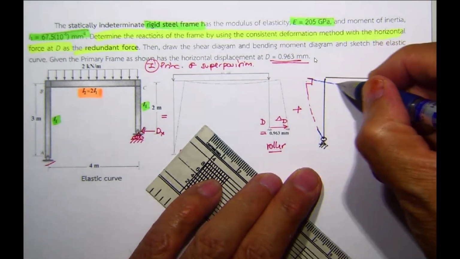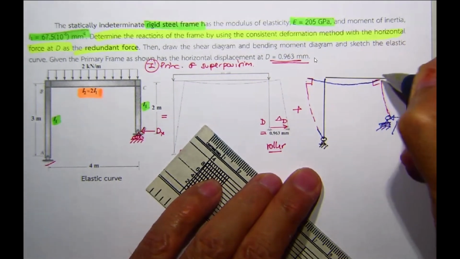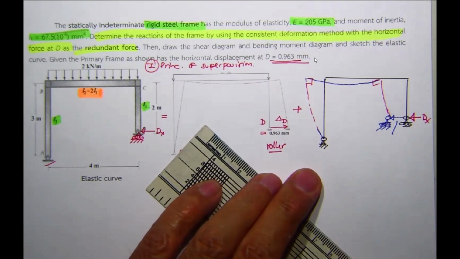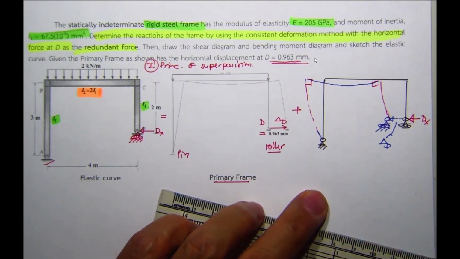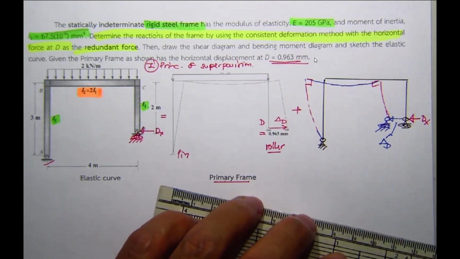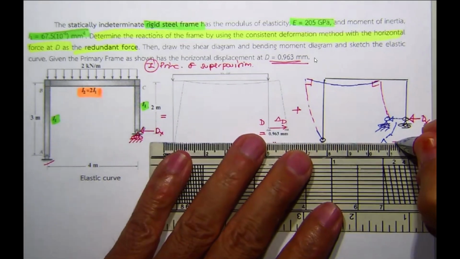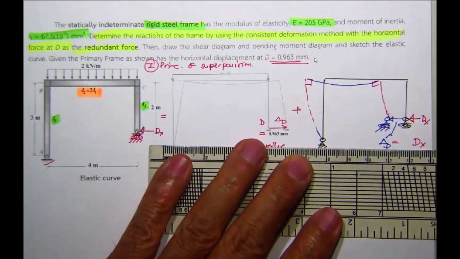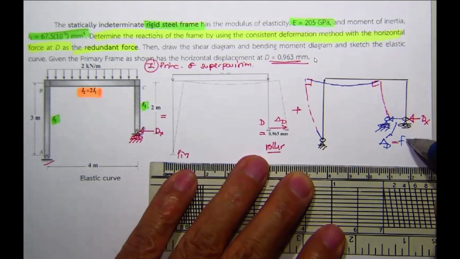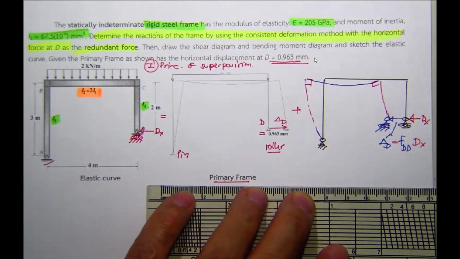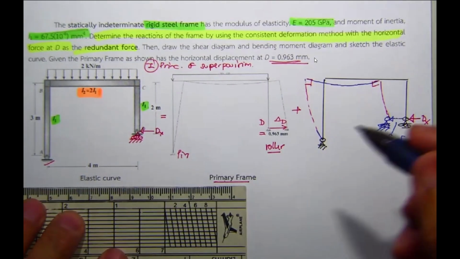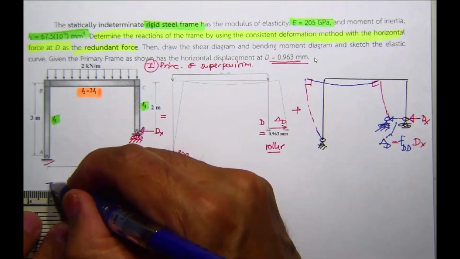And then it shifts itself, and that is supposed to be the reasonable elastic curve of the frame. We are looking for this one, which is going to be delta sub D. If we use D sub x to do the calculation, if you assume D sub x equal to 1, this can be f, the deflection due to D sub x equal to 1 at point D. Now, when you consider the elastic curve,